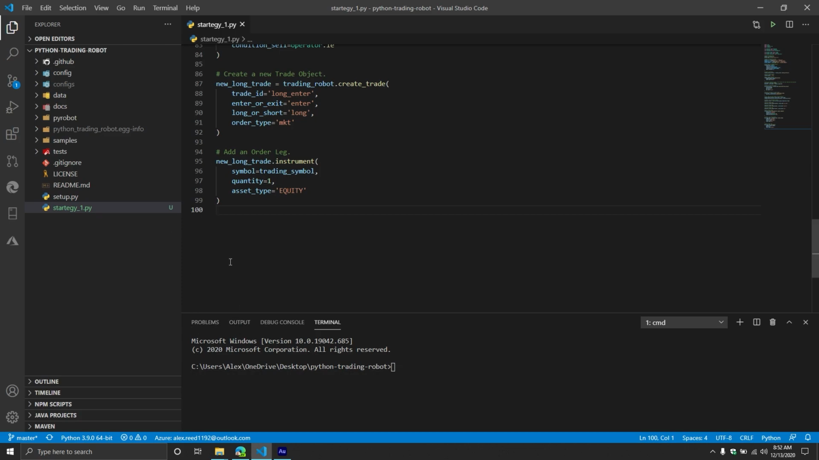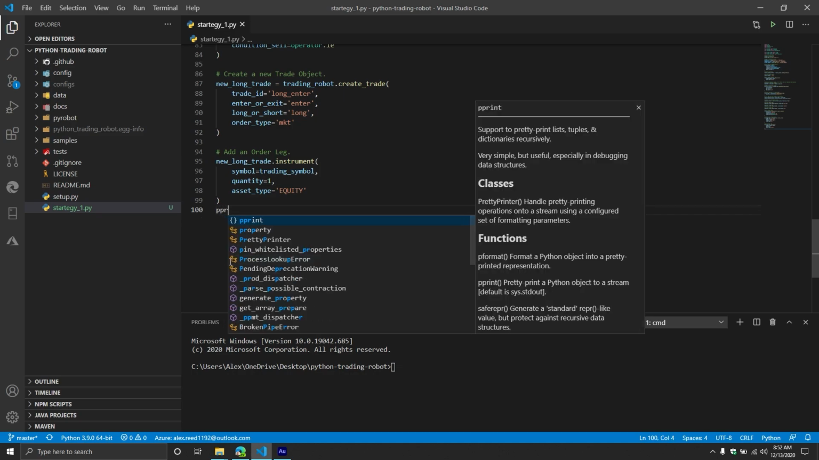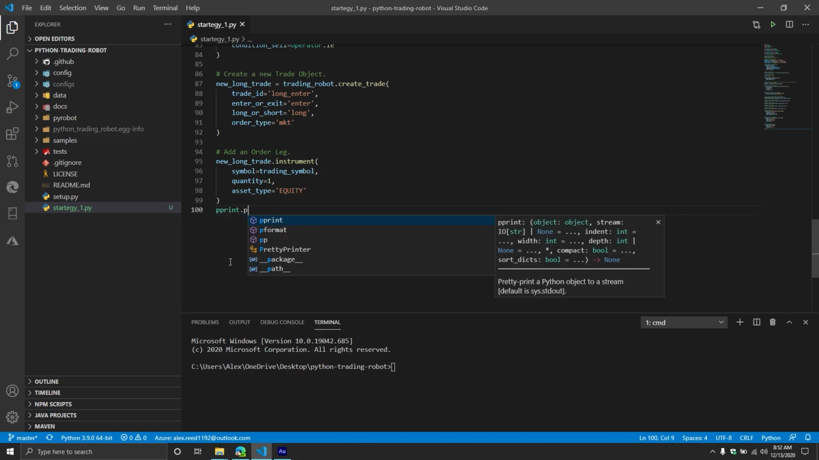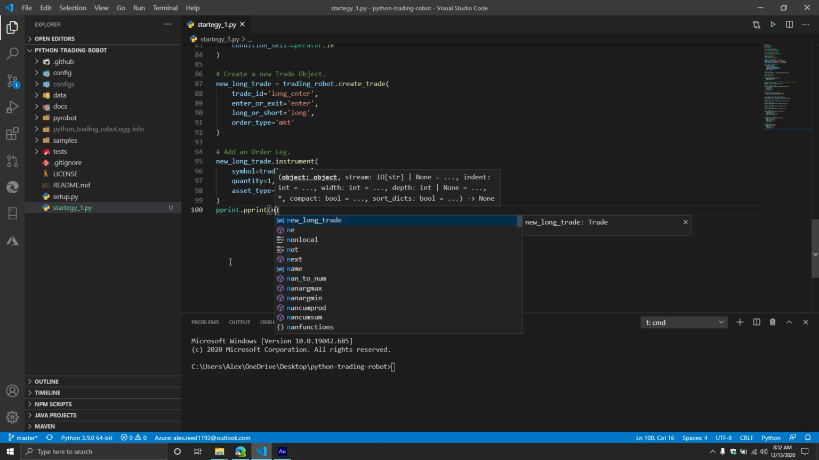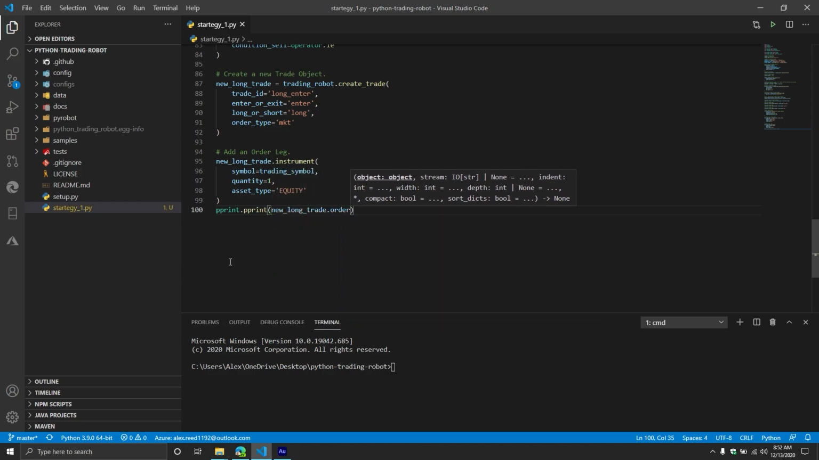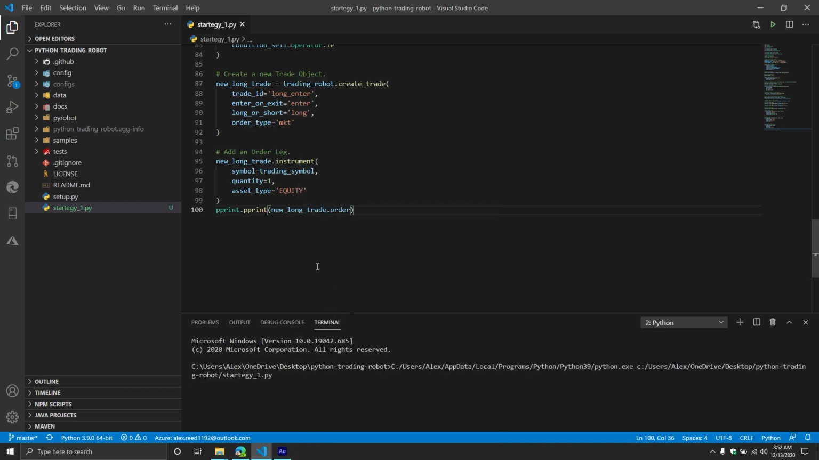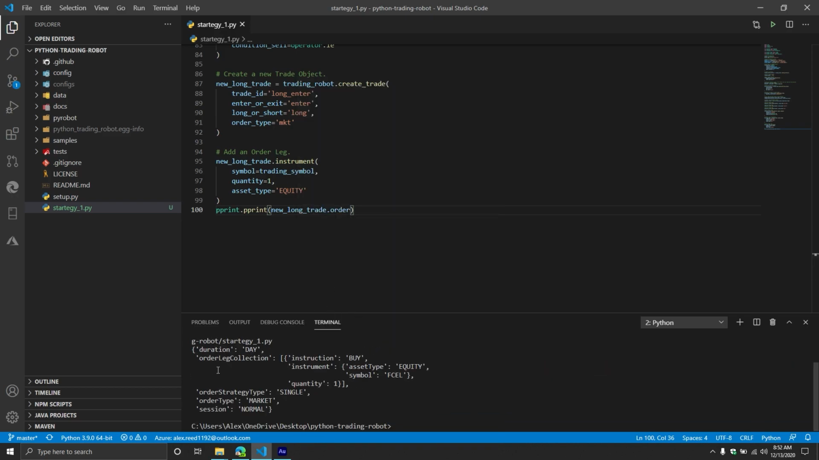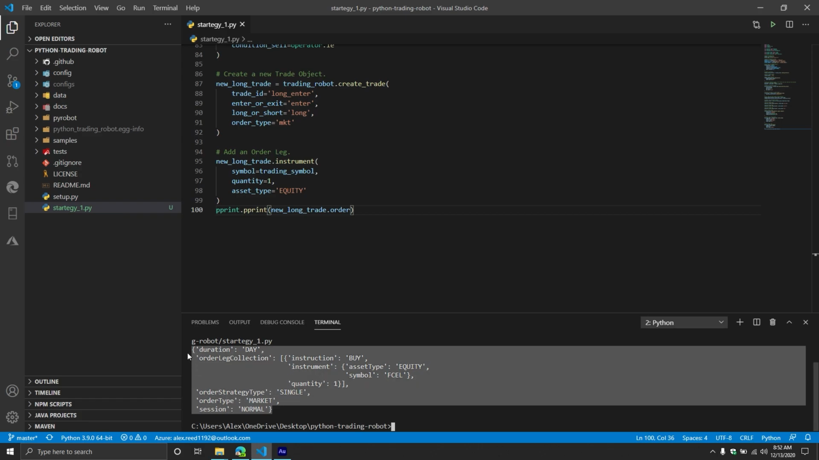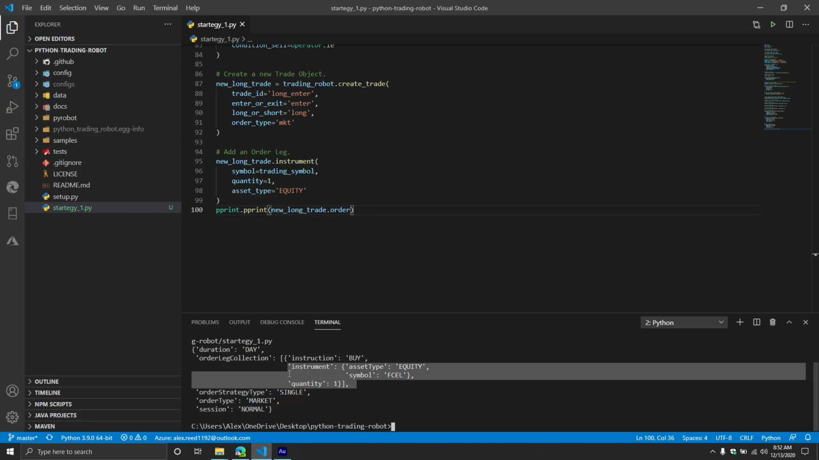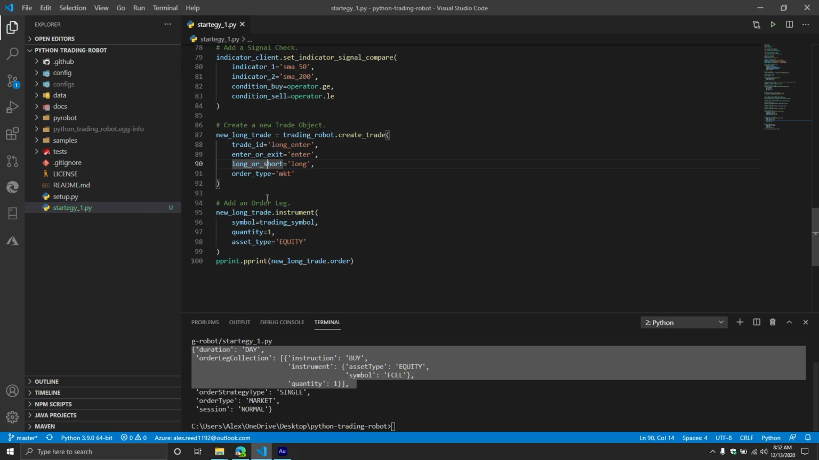Okay, so we added an order leg. That's awesome. What I'm going to show you next is what that order looks like. So I'm going to use pretty print and then do it again. And then I'm going to do new long trade, and then order. Let's see what this looks like. So now you can see we have a very simple market order that is all filled out by specifying the method. Again, it's trying to make the process of building this JSON structure a little bit easier and less